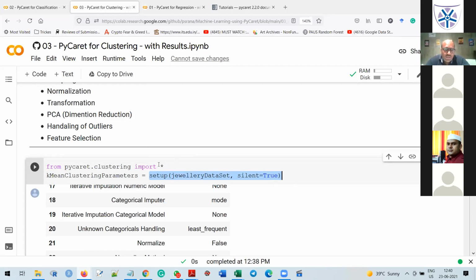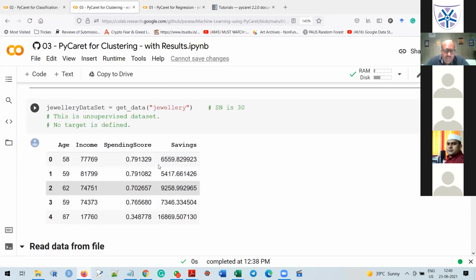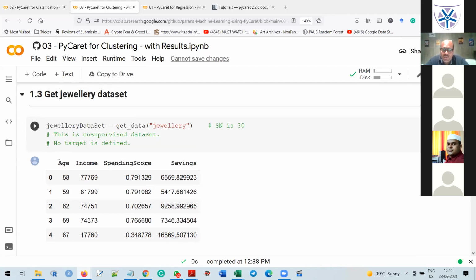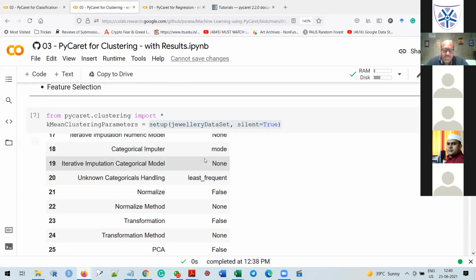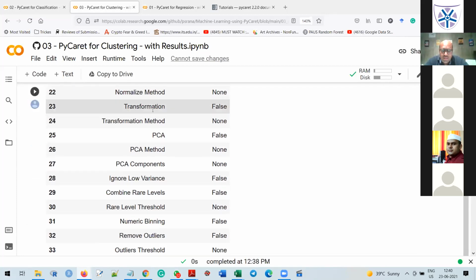Before moving forward, let me explain the Julie data set. It contains only four columns: age, spending score, and savings. Now we want to cluster all these data. So this is all about step number 2, setting up the parameters. Next is